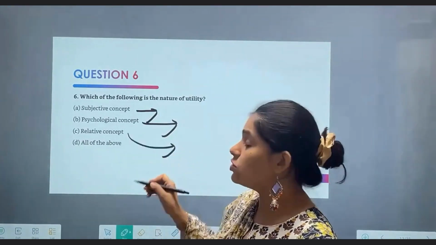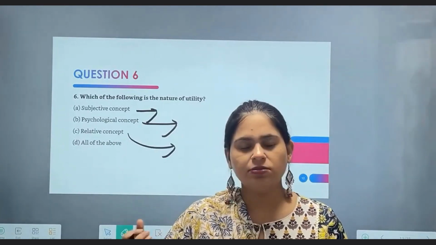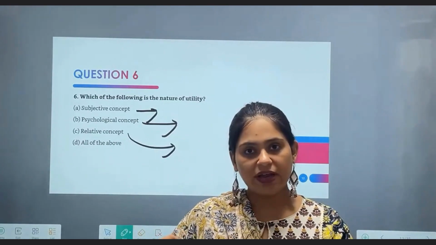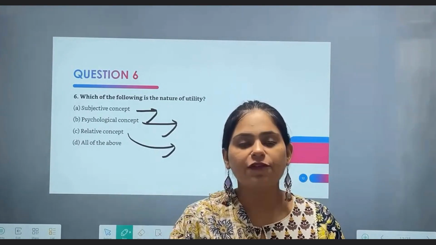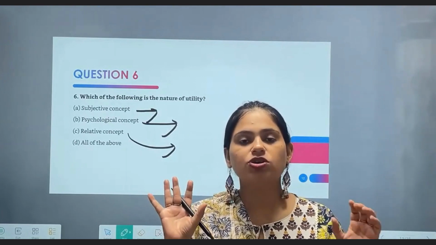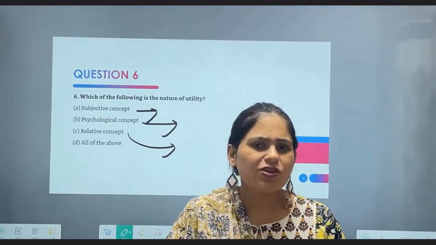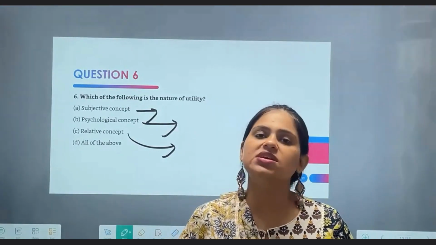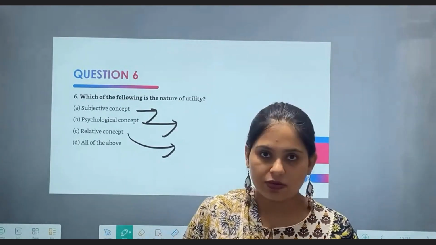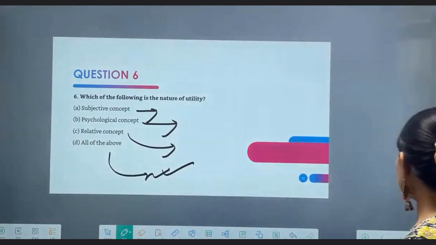Is it a relative concept? Yes. When I compare two things, say a Maruti 800 with a Ford EcoSport, what am I comparing? I am comparing how much utility they give me in relative terms. I cannot define it in terms of number. I can only say one gives me more utility than the other. So therefore, all of these options are the correct options. So the answer is